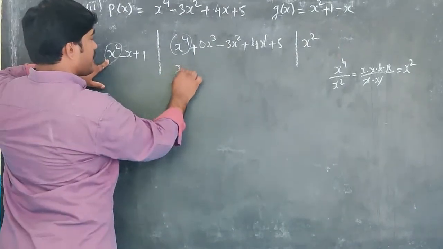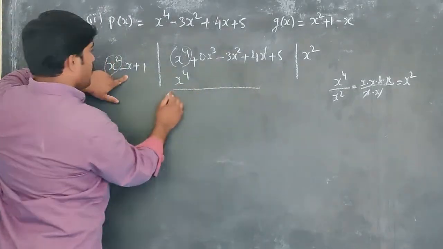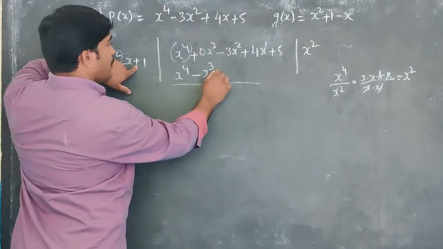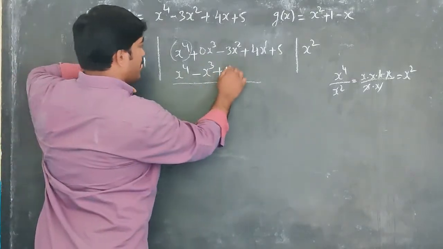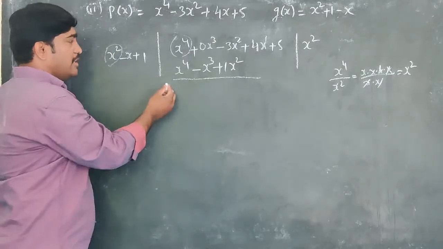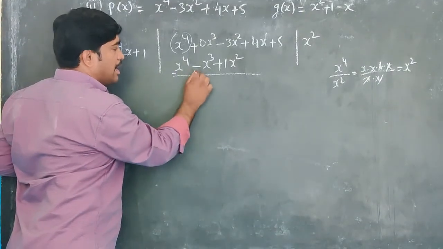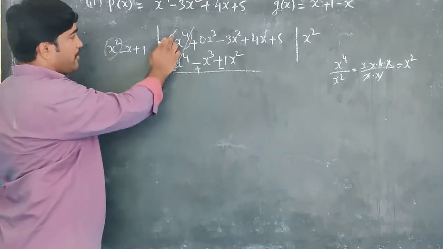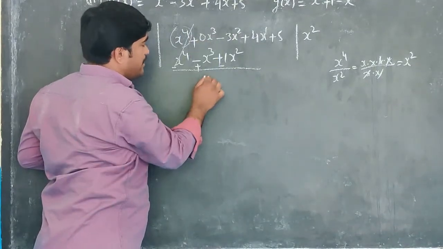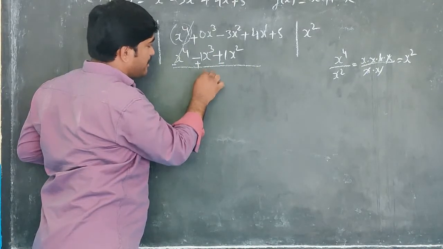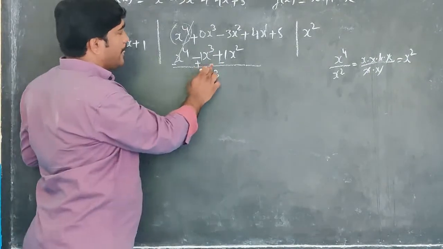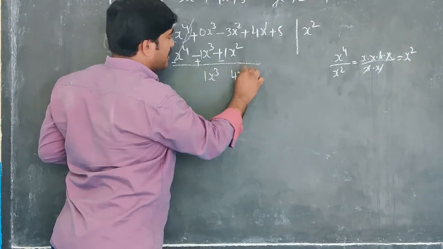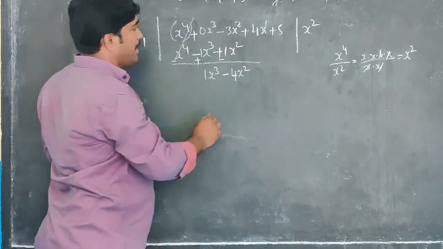Now x square into x square, x power 4. Now minus x into x square, nothing but x cube. Now plus into plus, plus 1 into x square, 1x square. Now I will change the sign. Plus becomes minus, minus becomes plus, plus becomes minus. Same terms get cancelled, x power 4 minus x power 4. Now here nothing is there, so I can write this as 1x cube. Now both are minus, so 3 plus 1, 4x square. Now the sign is minus.